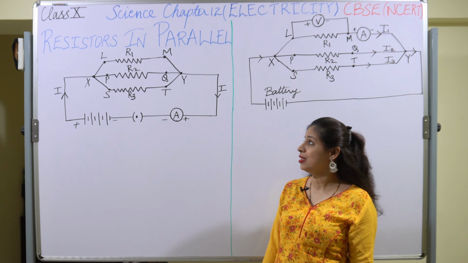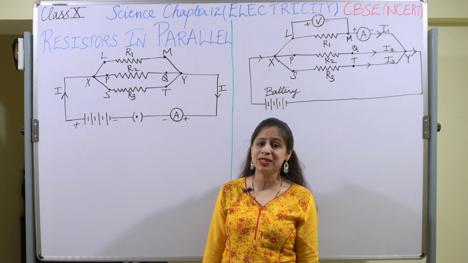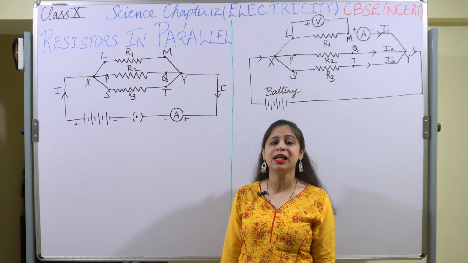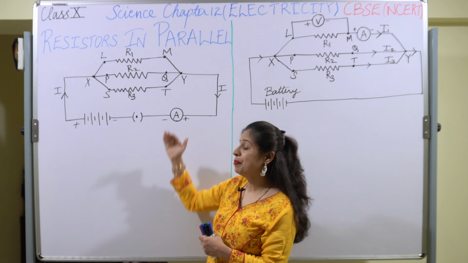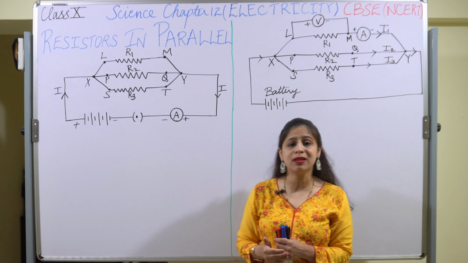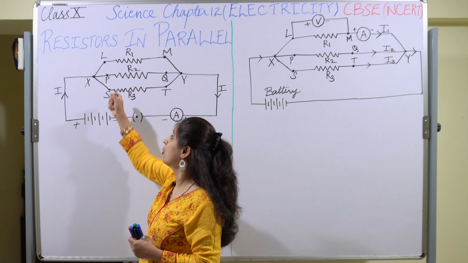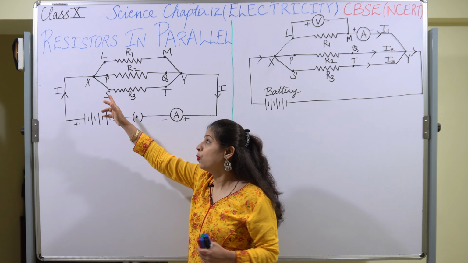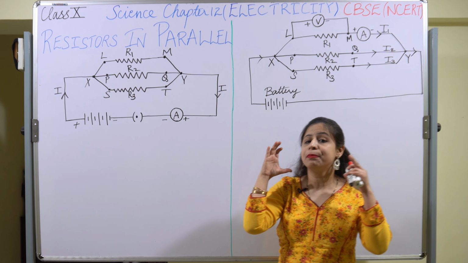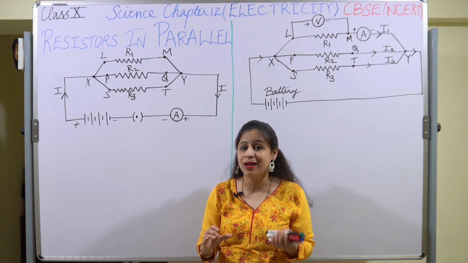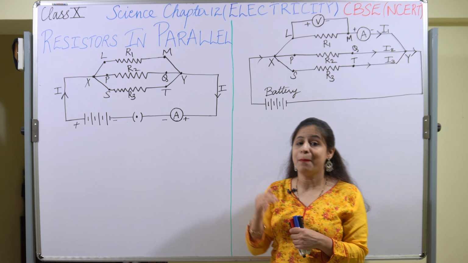So let us start with another topic, resistors in parallel of chapter 12 electricity, class 10 CBSE NCERT. So the resistors here are connected in parallel. Now how can you say the resistors are connected in parallel? If we connect the starting end of all the resistors to one point and the finish end to another point, then the arrangement is said to be in parallel arrangement, and the whole connection is said to be parallel